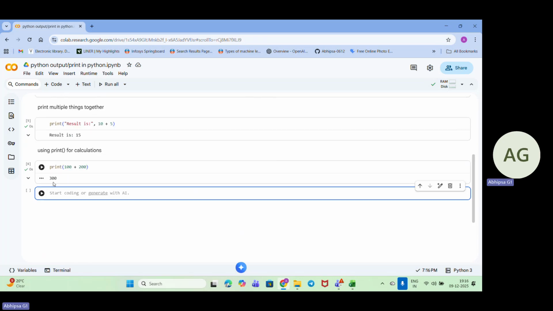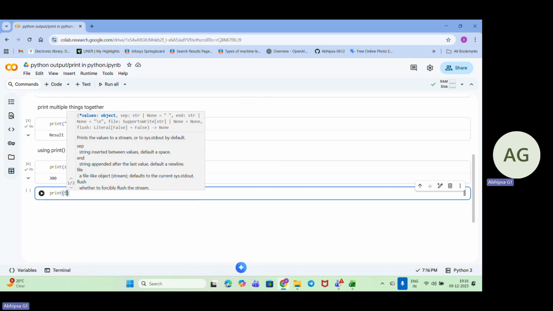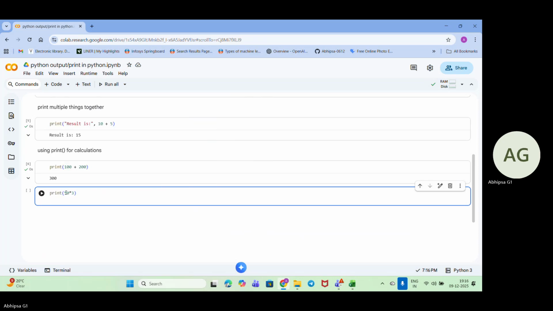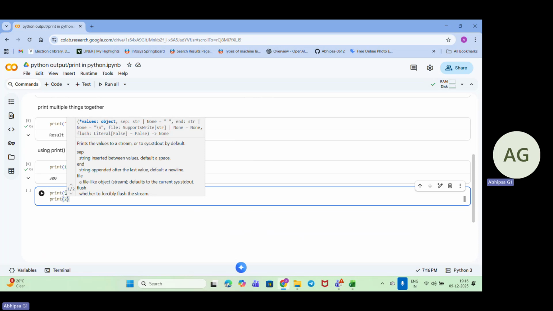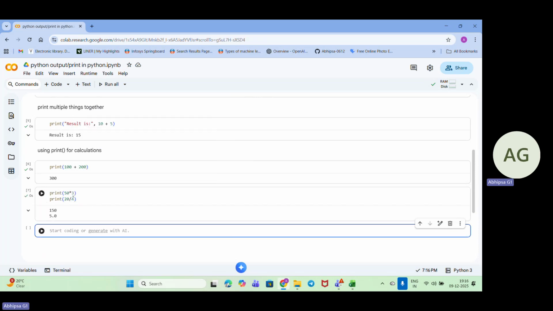It has given me the result as 300. Now print 50 into 3, and print 20 divided by 4, right? It has given me 150, and 20 divided by 4 is 5. So it has given me the result accordingly.